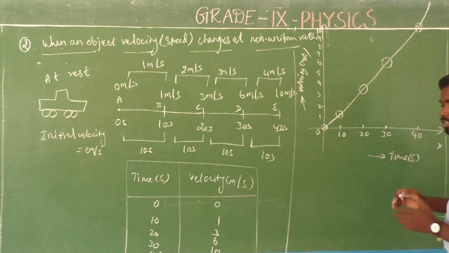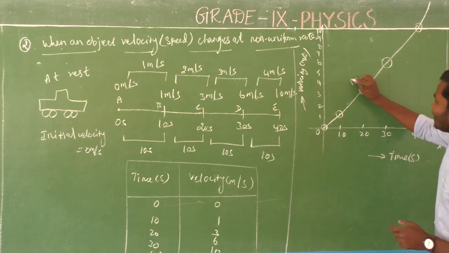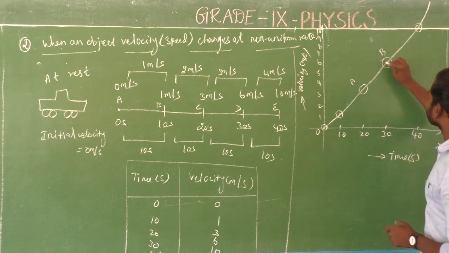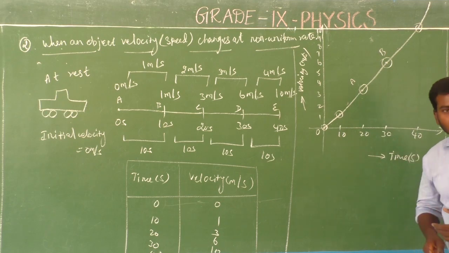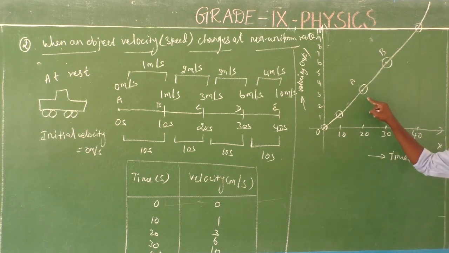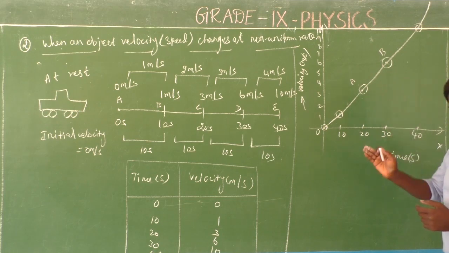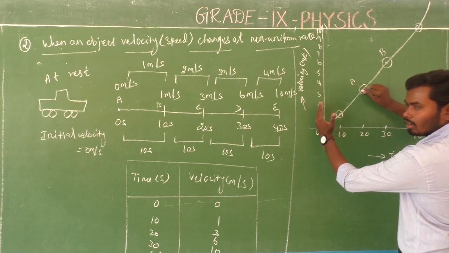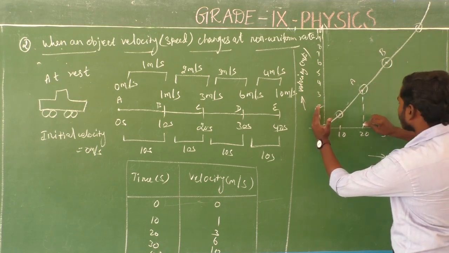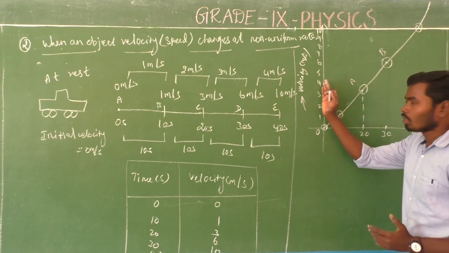So from this velocity time graph, consider any 2 points. This is point A and this is point B. Is it clear? Because I am going to find out the acceleration as well as the magnitude of the displacement, that is the reason why I have taken 2 points here. First point A and point B. From the point A, draw a line which is parallel to the y-axis. So this line is parallel to the y-axis.